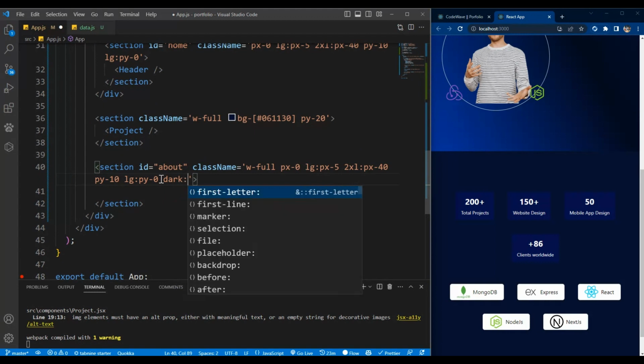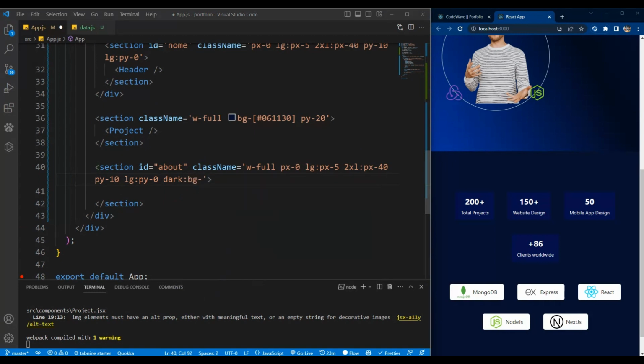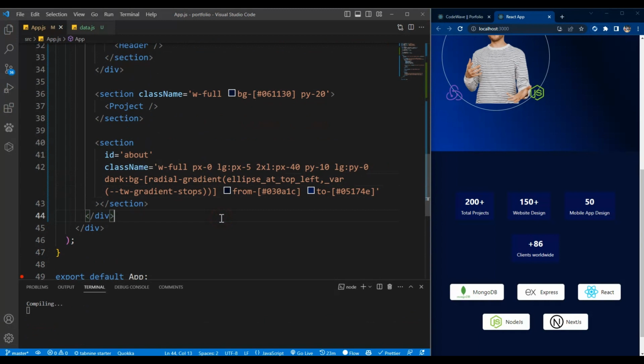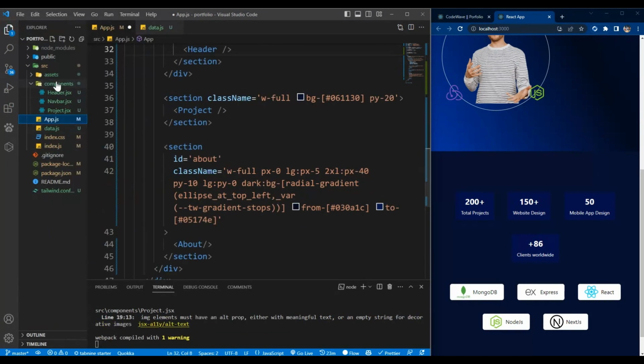Now on that theme, we will give this BG color. As I said, I'll leave the colors in the description section, so if you want to use the same colors. Now we'll create a component called